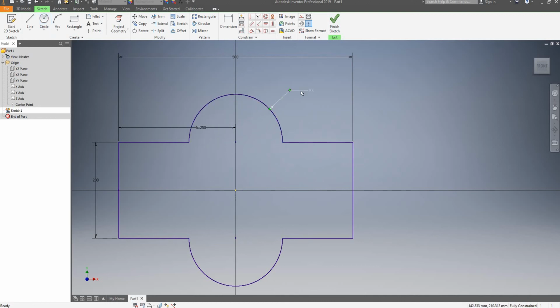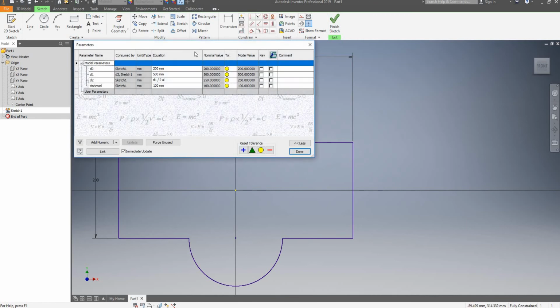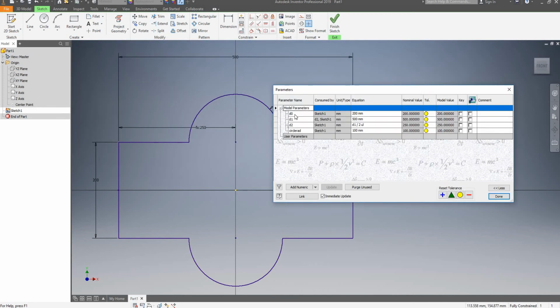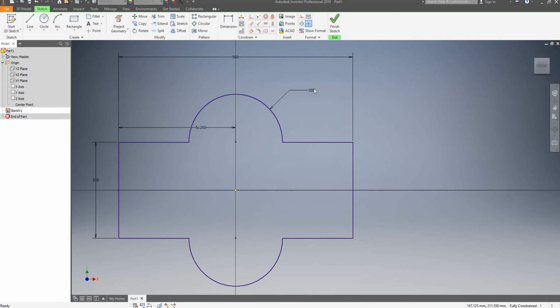Yes, it was a radius. So now when I go on my parameters, fx, now I can see all of those here. So D0 is that one, as we saw, D1 is that one, D2 is that one, and then circle radius is that one, which we enter the name by typing in the name circle rad space equals 100. So that's how